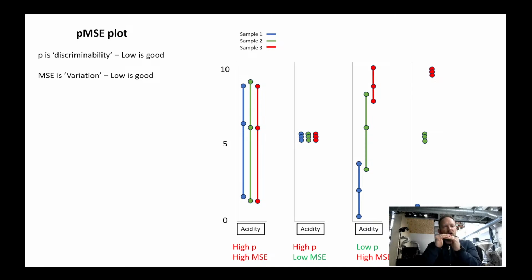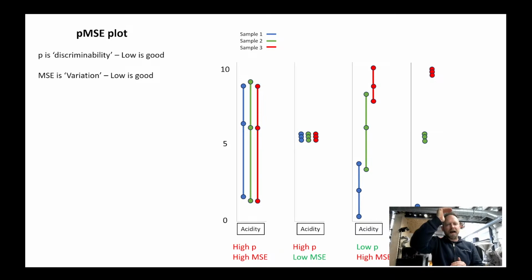So variation should be low, and as I mentioned earlier, the p-value should also be low because that proves that the data set is moved per descriptor per sample, so that we can see the person was actually able to score different samples differently, consistently. You can have a high p-value, which is when you cannot see that the person was able to use the descriptor to separate the samples.